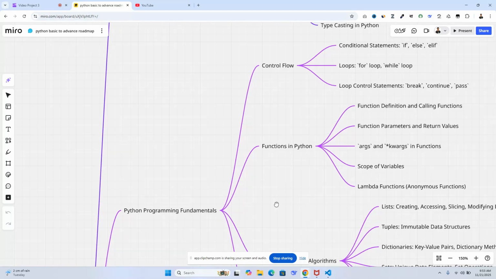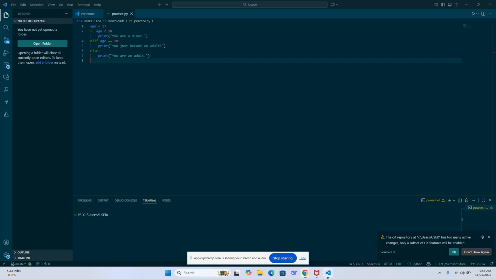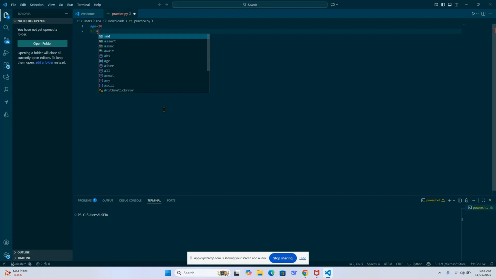First of all, we'll check the conditional statement. Control flow, conditional statements. So now let's go to the code directly. I just delete this one. Yesterday I worked with this code. Now for the conditional statement, this variable is equal to 20, then type here: if